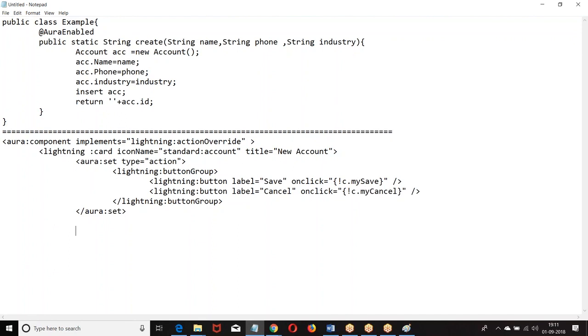This will be created as a button. Then we require lightning input.